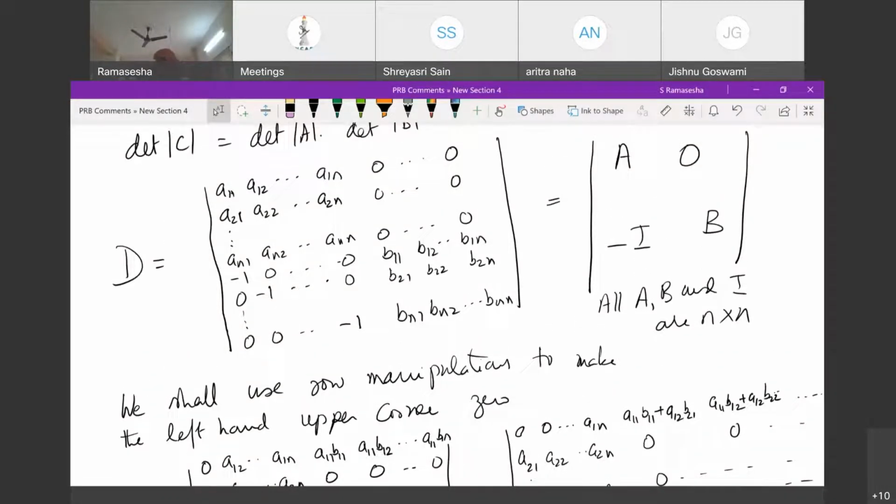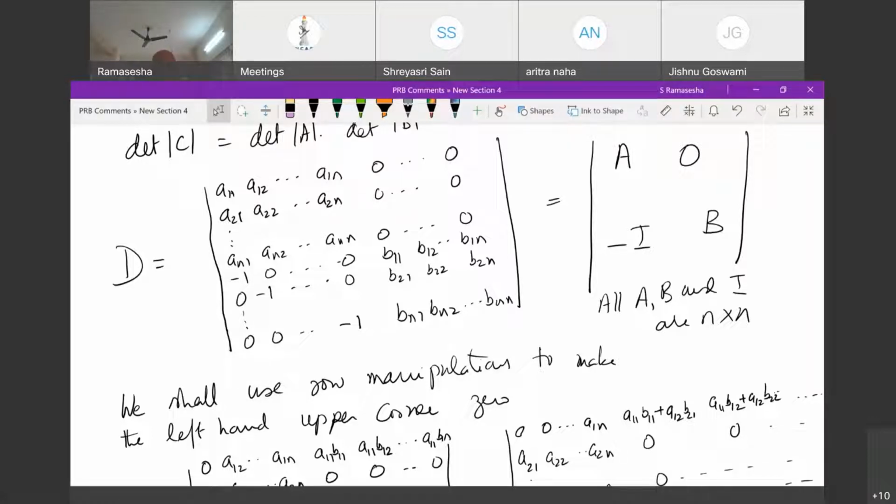One thing that I did not mention when I was giving this proof was, supposing you expand this determinant by the rows, then you actually get determinant D is equal to determinant A into determinant B. So that's the first part. And this you can verify by taking A to be a 2 by 2 matrix and B to be a 2 by 2 matrix, and then write down D and show that by expanding D, you actually get determinant A times determinant B. That is something that I did not show, but you can work it out.